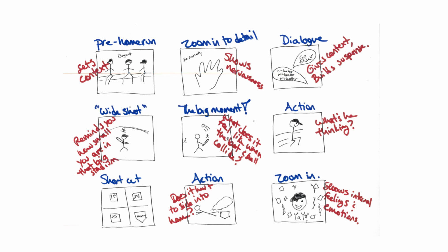Use your sensory details. In a situation when he starts running the bases, well, what is he thinking as he runs the bases? What does it feel like? Does it hurt when you slide into home? And then zoom into the emotions and feelings at the end. You can see how you can take one sentence, and I hit the home run, but take it and develop it into something much longer and more complex by exploding the moment.